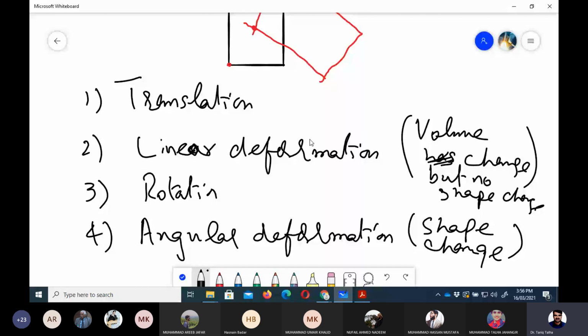Now, talking about the forces, what kind of forces? Sir, translation and linear deformation, what will be the difference basically then? Translation we can't see. Okay, let me tell you. Translation is, we call it